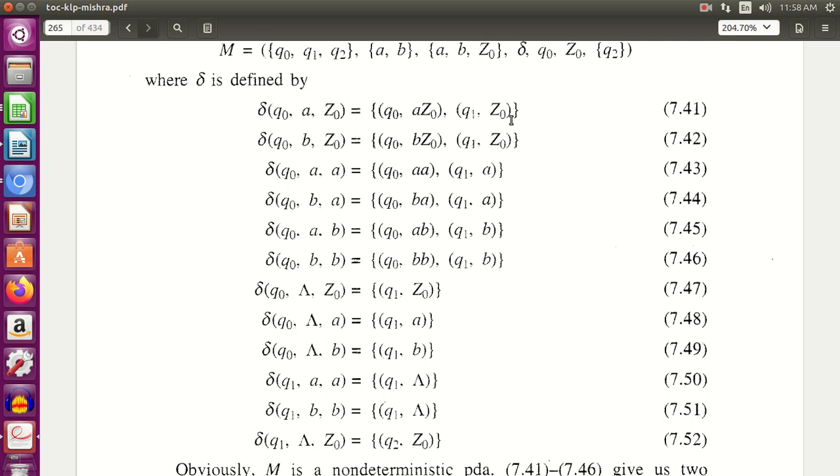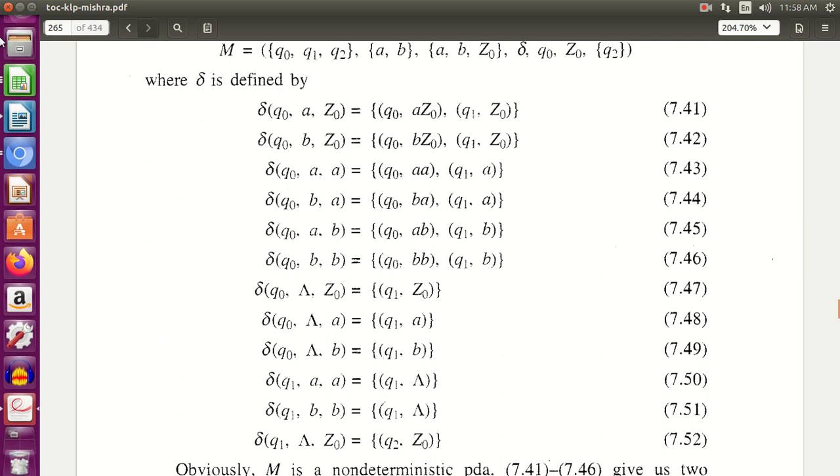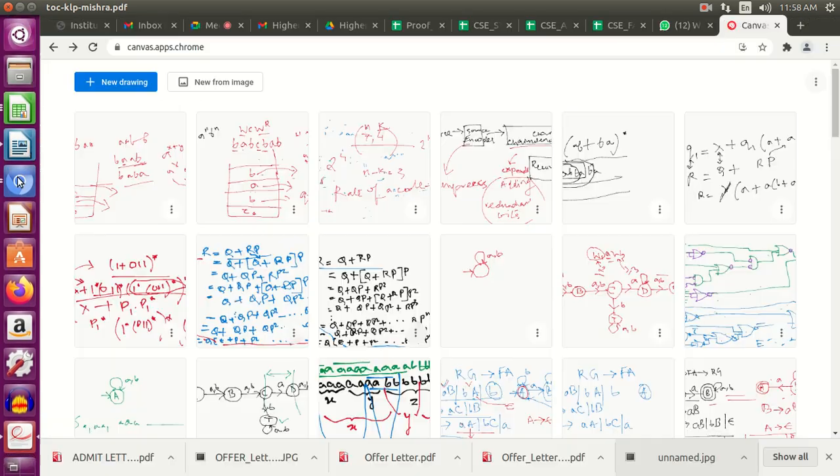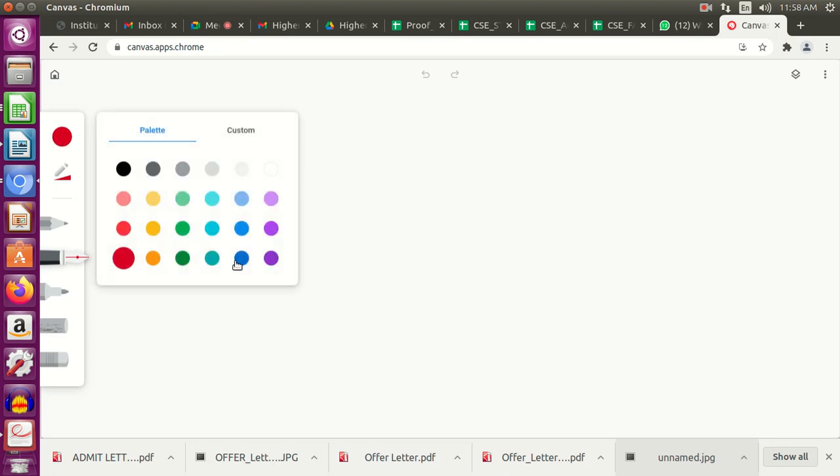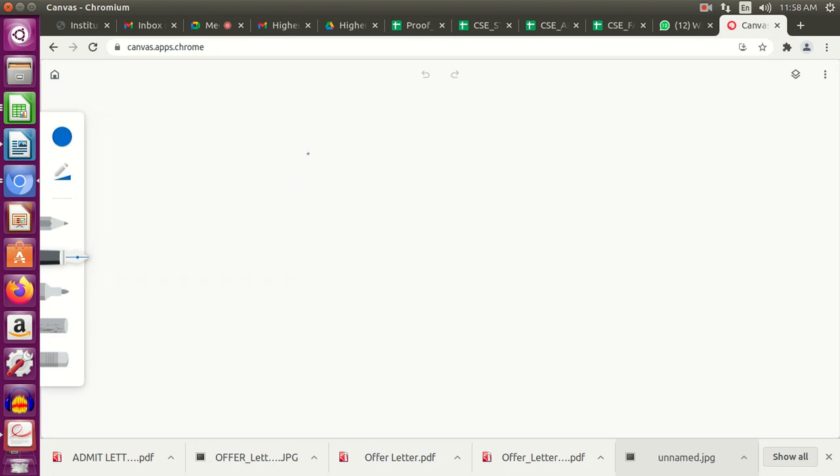So what is the speciality of even length palindromes and odd length palindromes? Let me give one example. For an even length palindrome you can have A, B, B, A. All of you are well aware of the fact, right? What is a palindrome? It reads the same way forward and backward. So it's A, B, B, A, B, B, A.